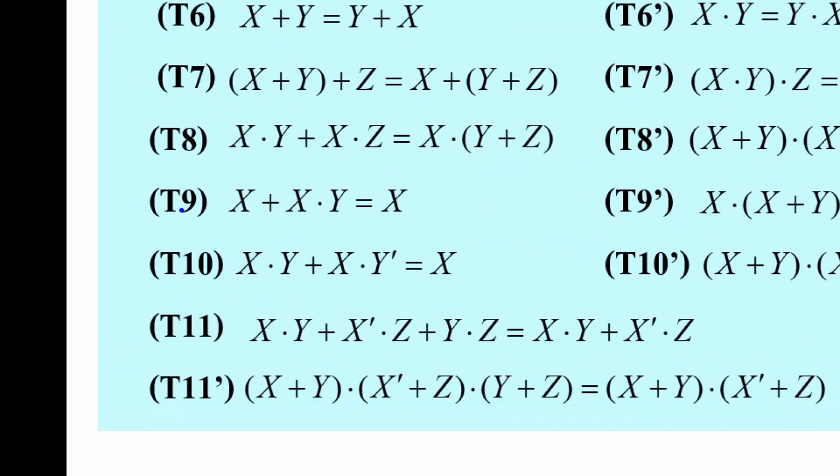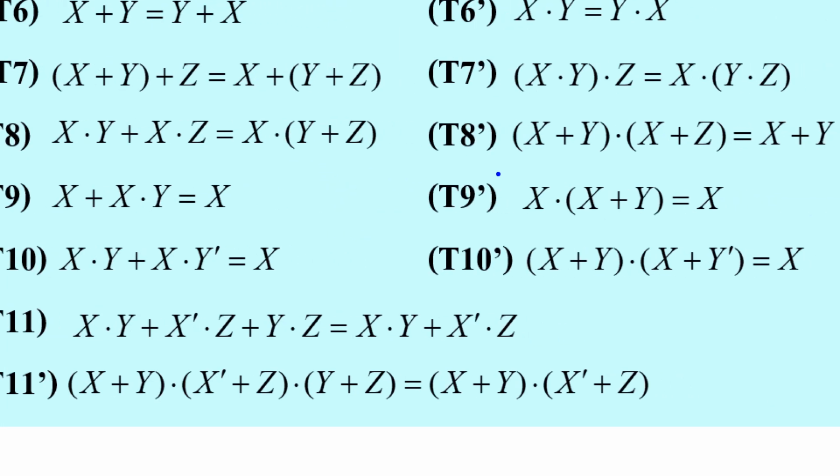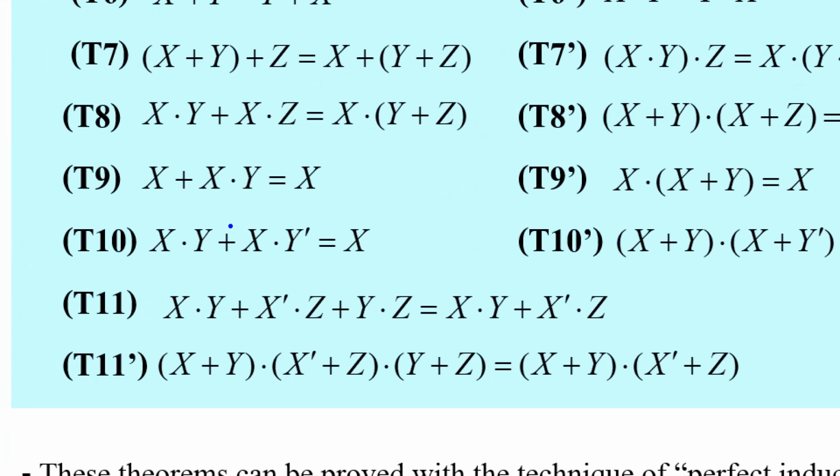Okay, theorem number 9 also, if you connect the circuit based on this expression, you use 1 AND gate and 1 OR gate. Anyway, if you simplify or reduce the term, you need not use any AND or OR gate. Okay, this one also. And for theorem number 10,